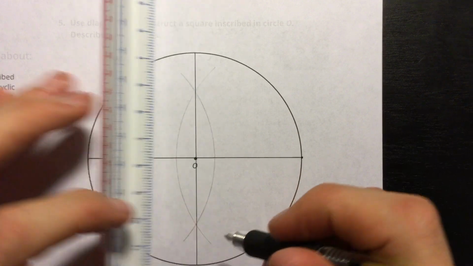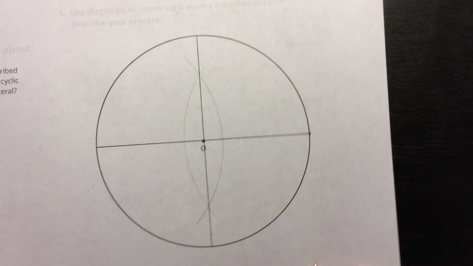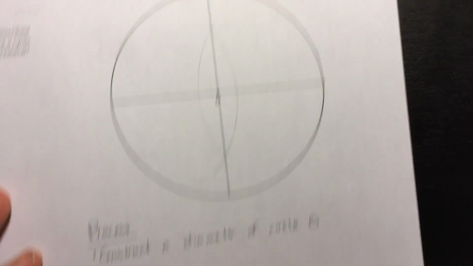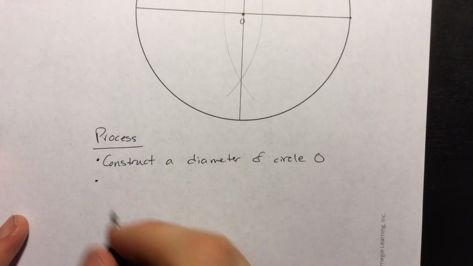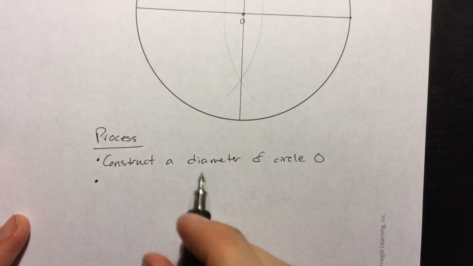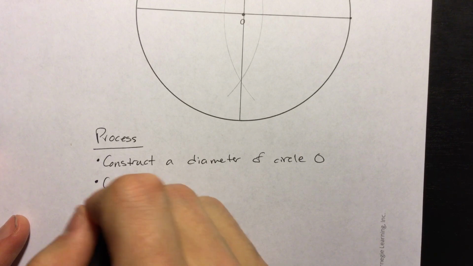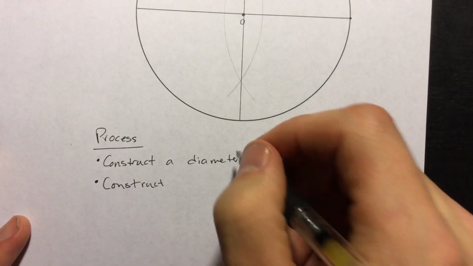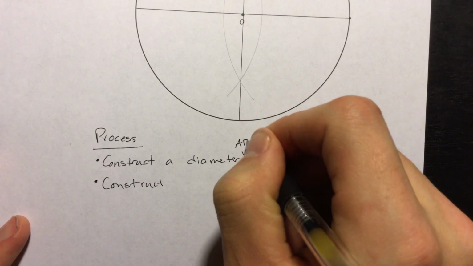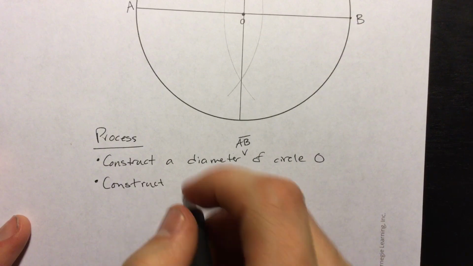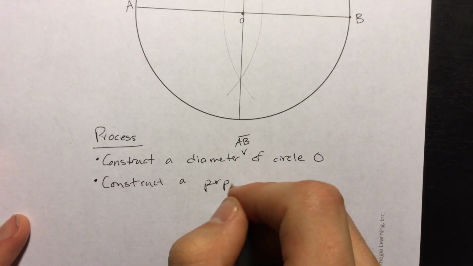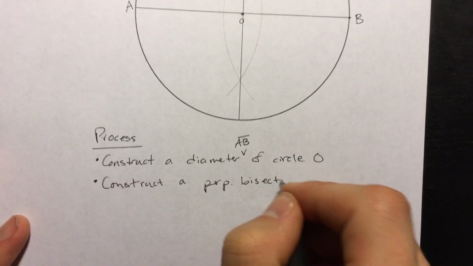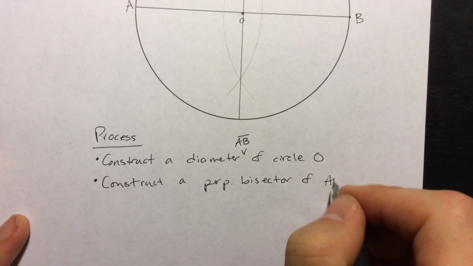Okay, so then thing 2. Oh, I don't want to be on the screen down here. So 1 was construct a diameter, any diameter of circle O. And then part 2 here was construct, oh, I guess I could name this diameter just to be really fancy. So I constructed this diameter AB, and then I'll construct a perpendicular bisector of AB